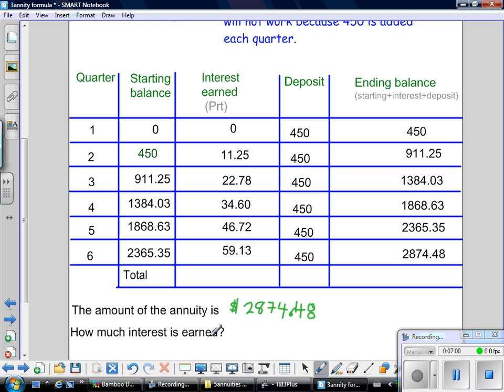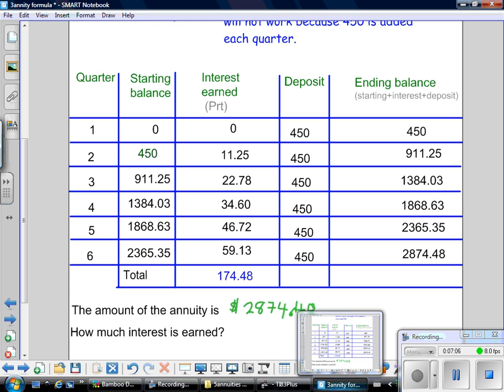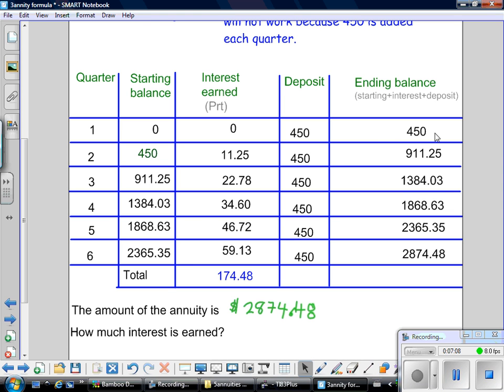Well, the amount of interest that we would do is we would add all of this up if we wanted to, and we would find out that we had $174, if I added it correctly, which I believe I did,